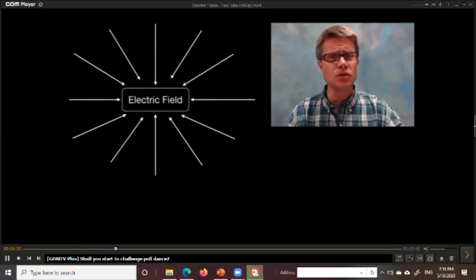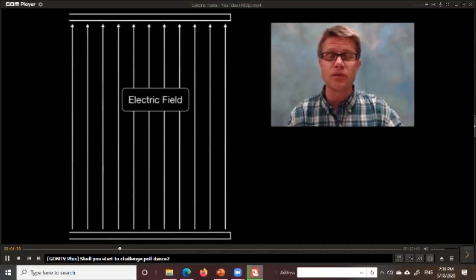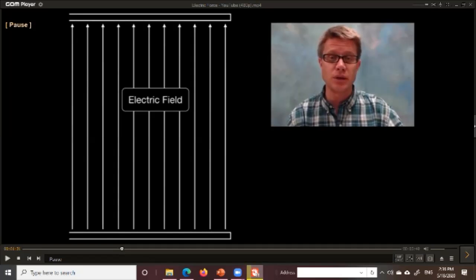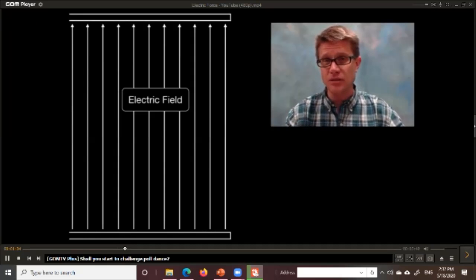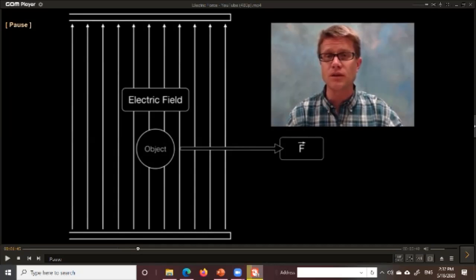But we could have two plates that both have a charge, and in that case, the field lines are going to go from one plate to another. Let us assume this is the electric field direction. Now it's not exactly like this. This would have to be infinitely long plates. It'll actually curve on the side, but let's just assume that they're perpendicular to those plates. And so if we put any object inside that electric field, it's going to experience a force. Let us assume in the place of the object we have a charge.